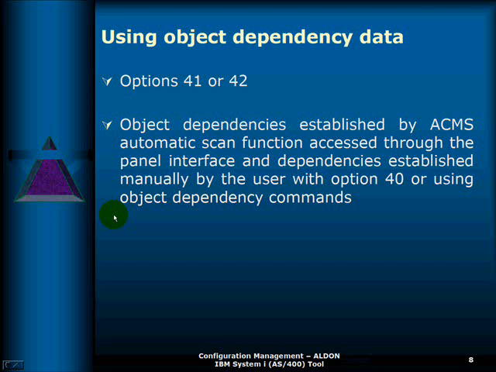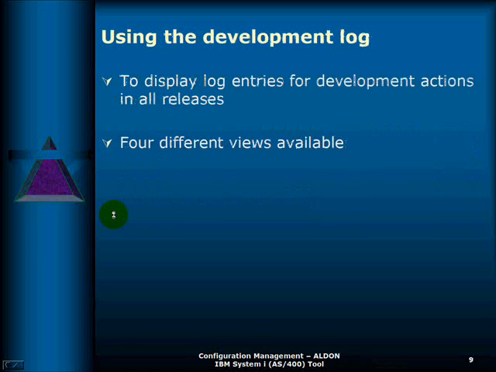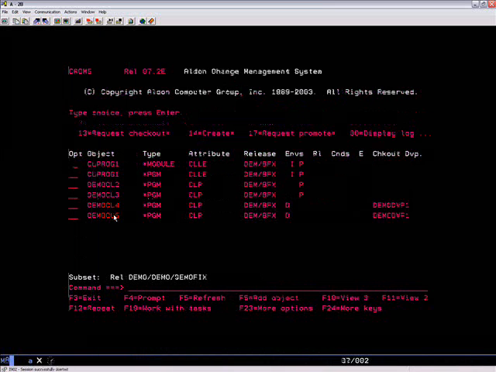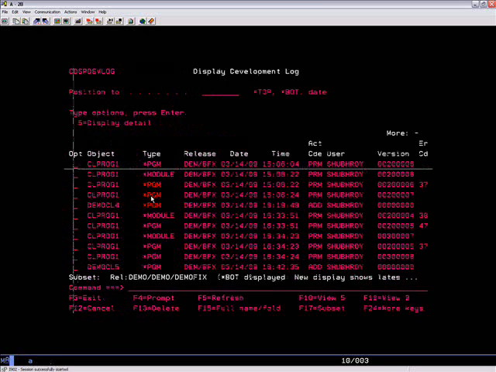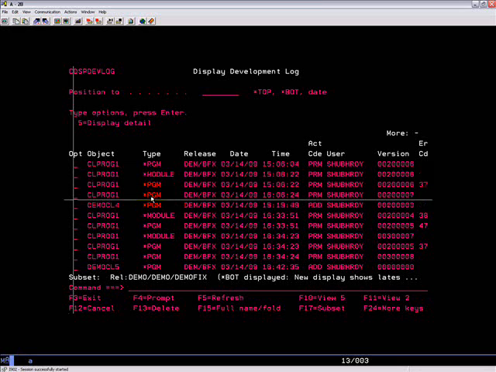Using the development log. You can use the display development log panel to display log entries for development actions in all releases. When displayed from the Aldon main menu, option 7, we'll go to the main menu. Display log, you can delete log entries by pressing F13. So if I take my cursor to any particular entry and press F13 here, I can delete that particular log